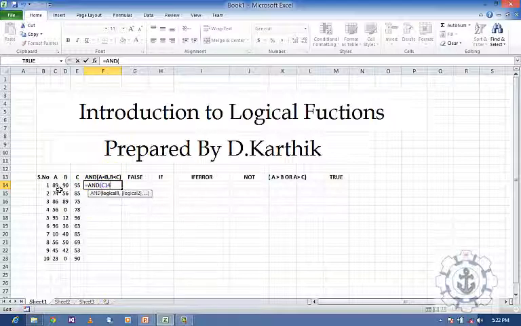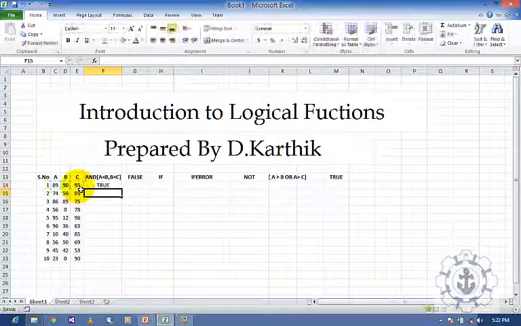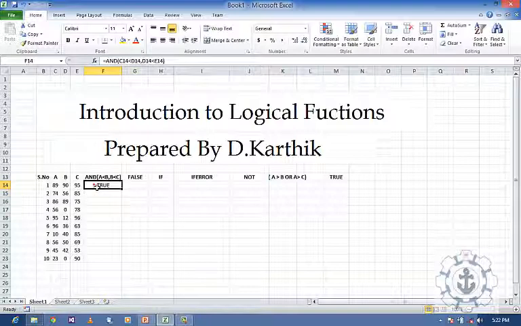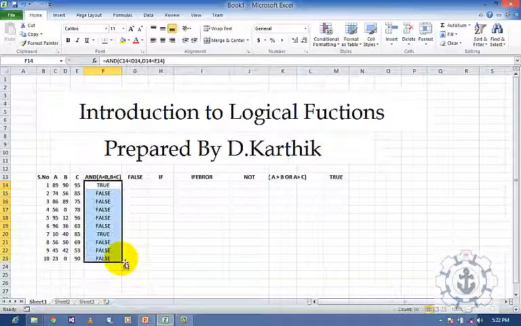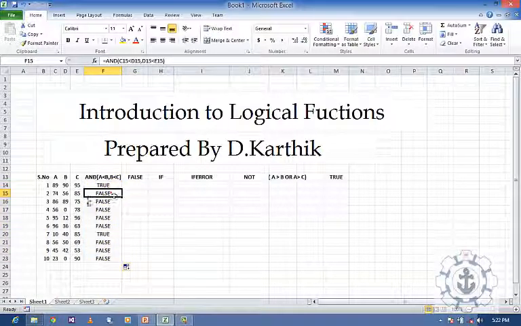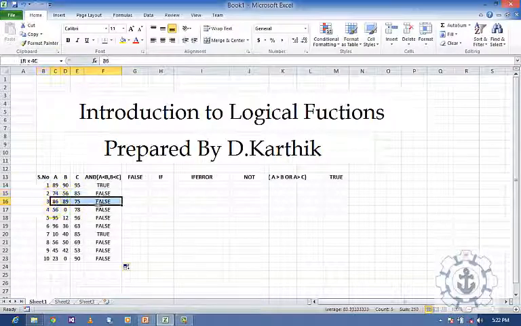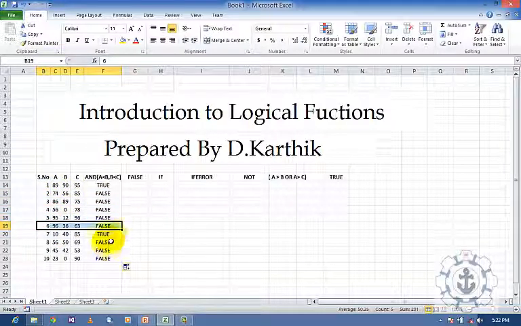Now AND(A less than B, comma, B less than C). You just press enter. Both conditions are true, so it returns true. Just click it, drag it, and drop it. Now you can see this is false, this is false, false, false, and this is true. So likewise we can use the AND function.